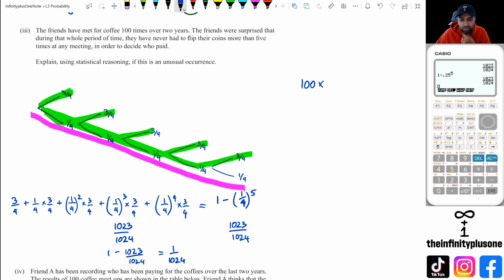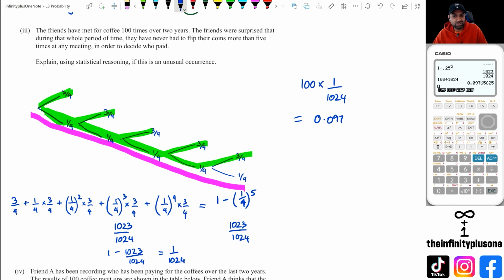So there is a 1 in 1024 chance that it'll actually go above 5 times at any meeting. So if I do that, 100 times 1 over 1024, so 100 divided by 1024, I'm going to get